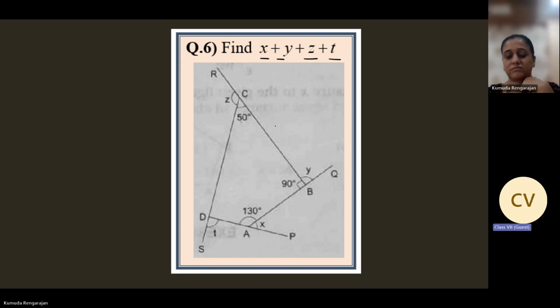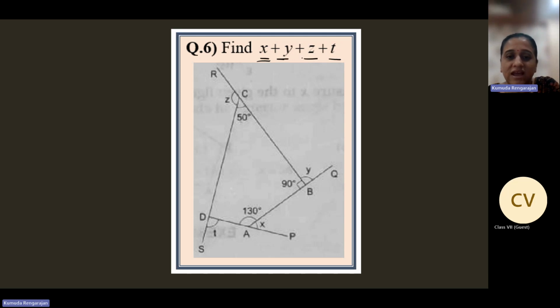Ma'am, Z is equal to 130. No, that's how you have to work, but you can tell me this answer even without calculating. I want the answer for X plus Y plus Z plus T directly. 360 degrees. X plus Y plus Z plus T will be equal to 360 degrees because